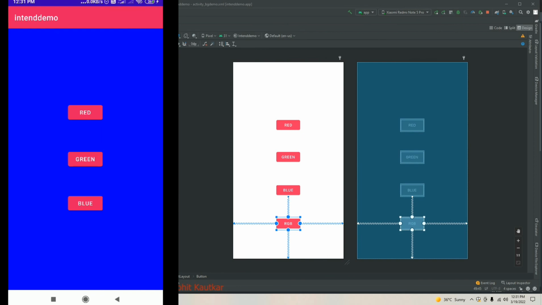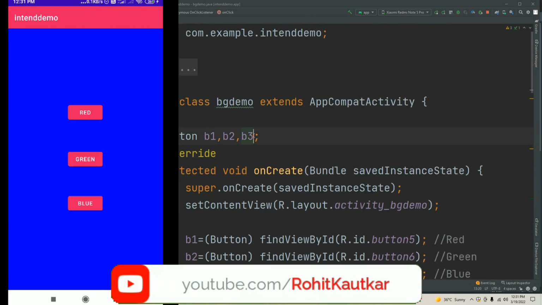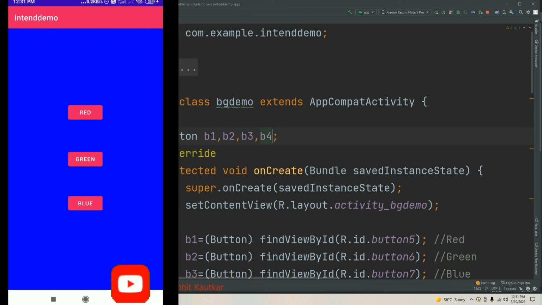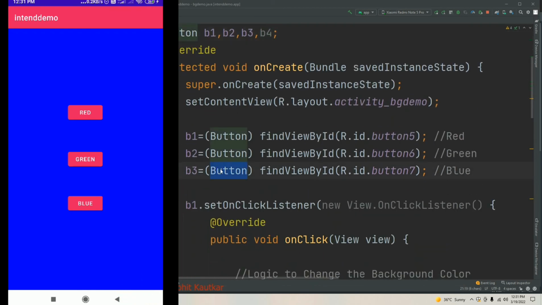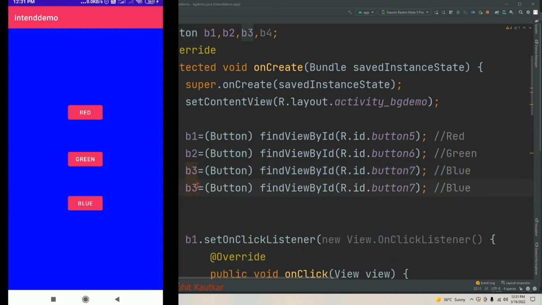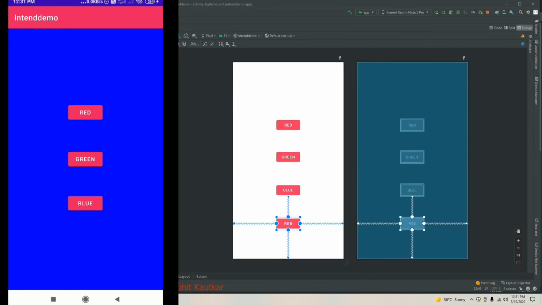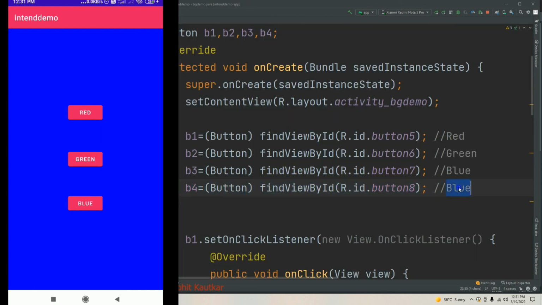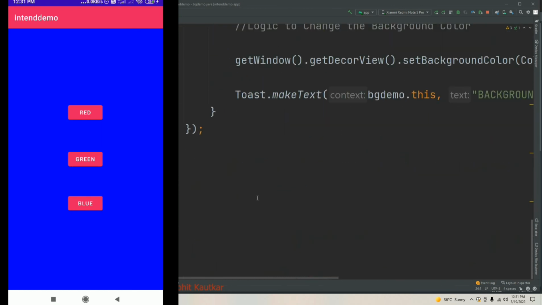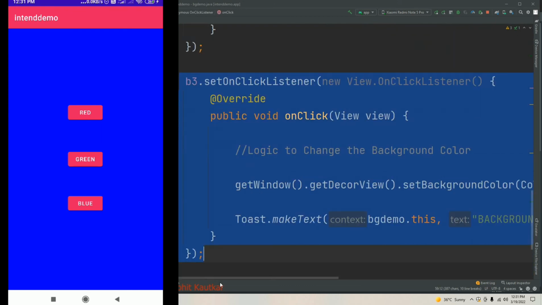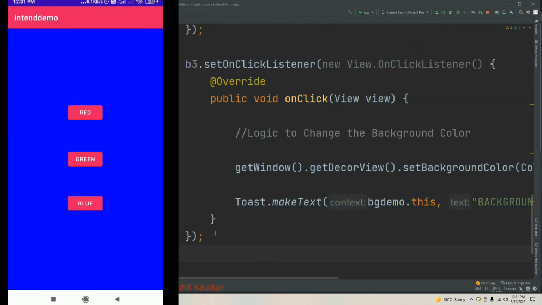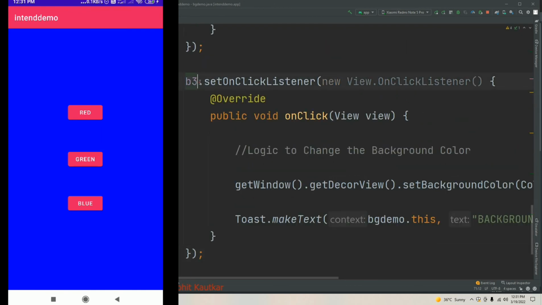So for that again we will go to BG demo. I will add one more object over here, let's say B4, and we will get the reference using this line. So simply we will duplicate this line, and here I will write B4, and button 8 will be there. Check the ID. Okay, it is button 8, and this will be RGB. Okay, and I will simply copy this whole onClick listener code here, and now this will be button 4,